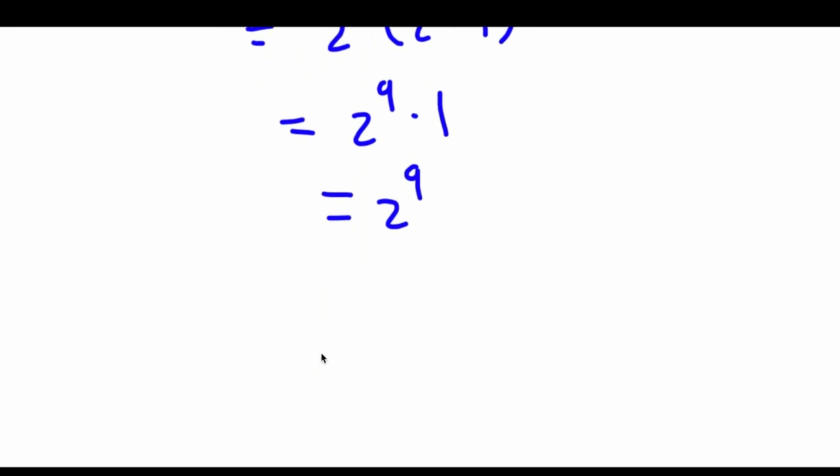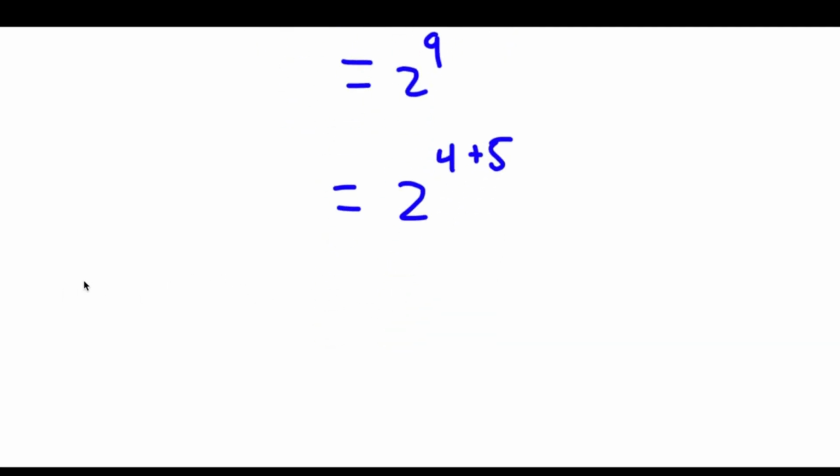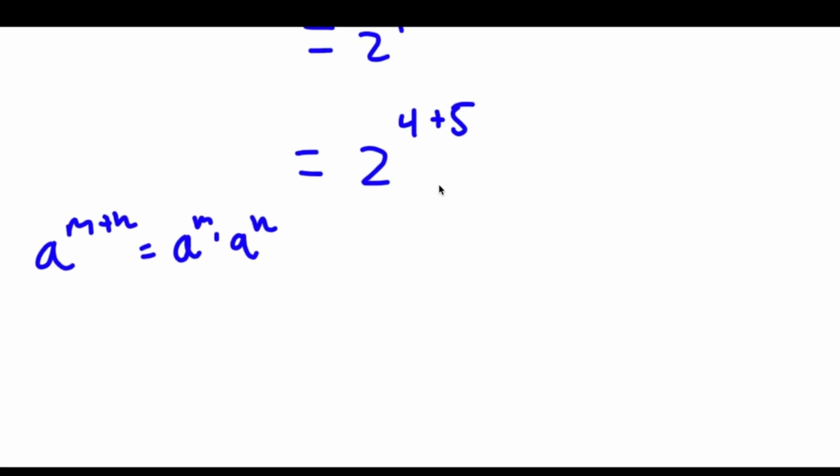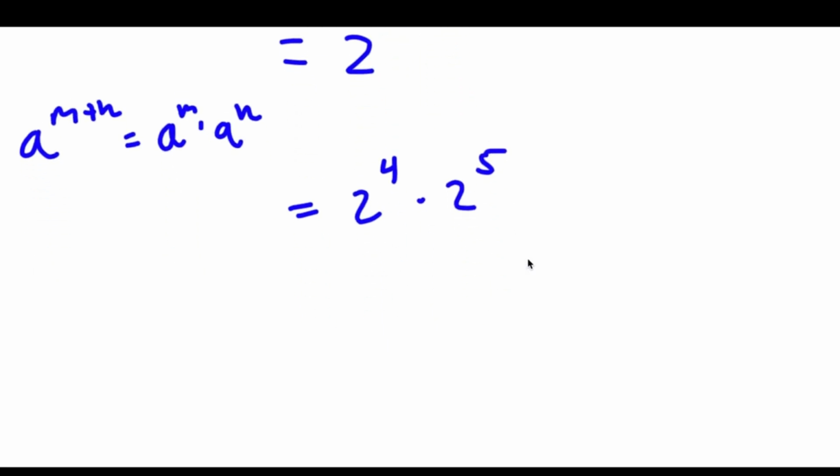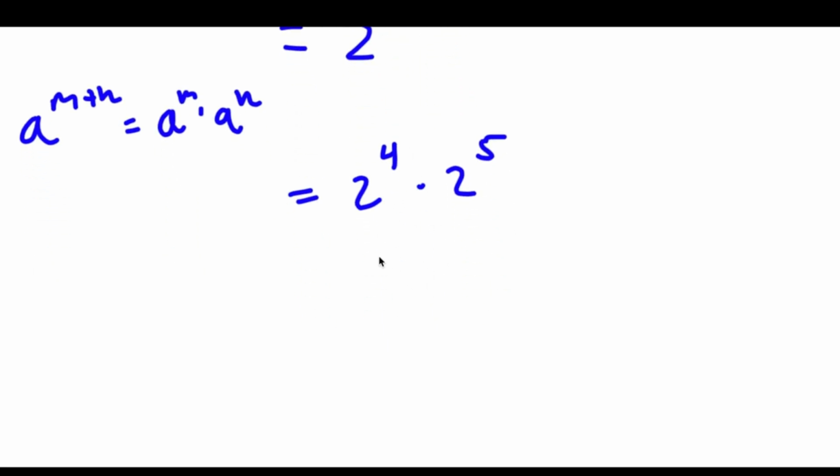Now we can actually go ahead and simplify this. So 2 to the power of 9 is the same thing as 2 to the power of 4 plus 5, right? And remember, if we have something in the form a to the power of m plus n, this is equal to a to the power of m times a to the power of n. So 2 to the power of 4 plus 5 is going to equal 2 to the power of 4 times 2 to the power of 5. Now 2 to the power of 4 is equal to 16, and 2 to the power of 5 is 32. So I have 16 times 32,